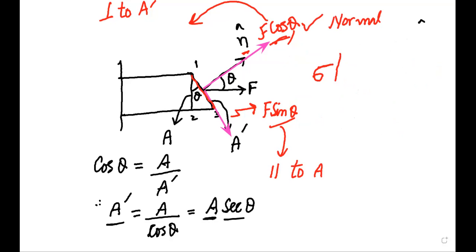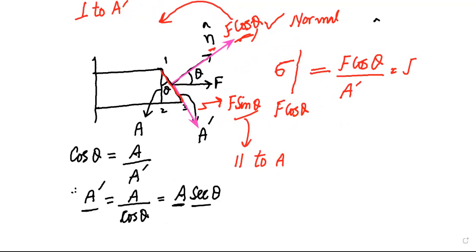And sigma is created by which component? F cos theta component. Fine. And the magnitude of this normal stress will be equal to force, that is F cos theta, divided by the area, that is A prime. Fine. That can further be written as